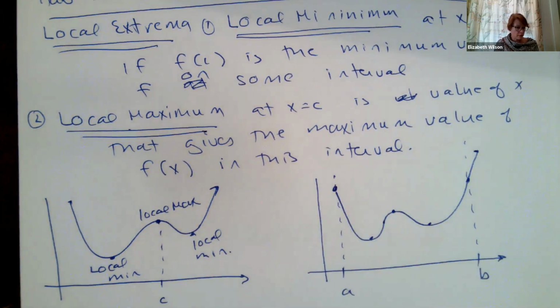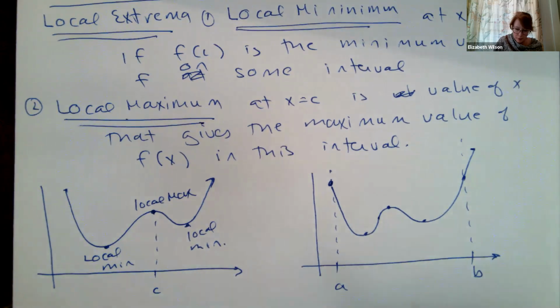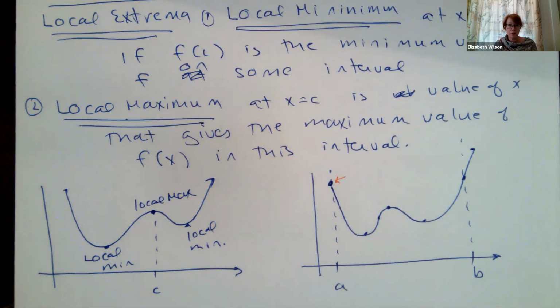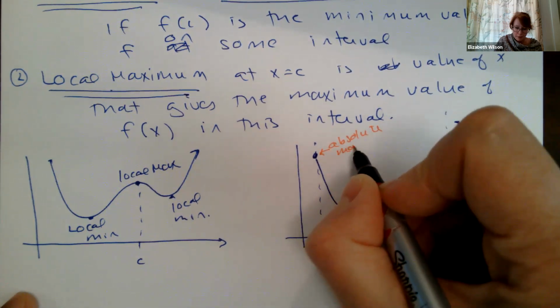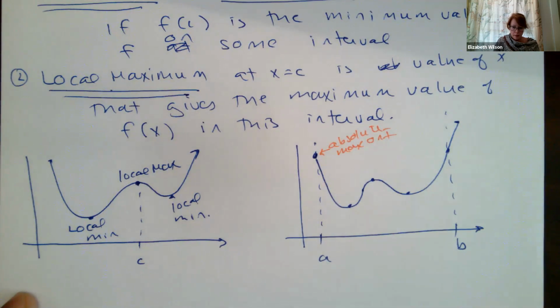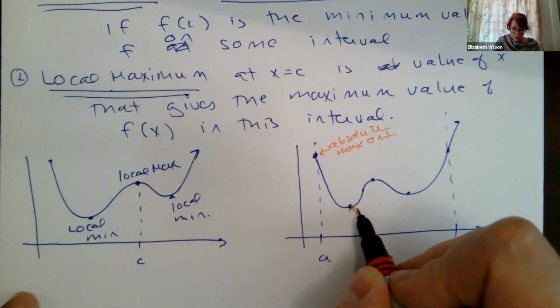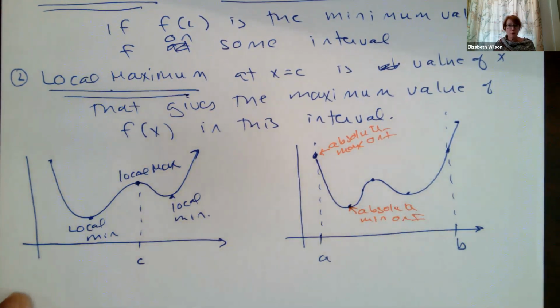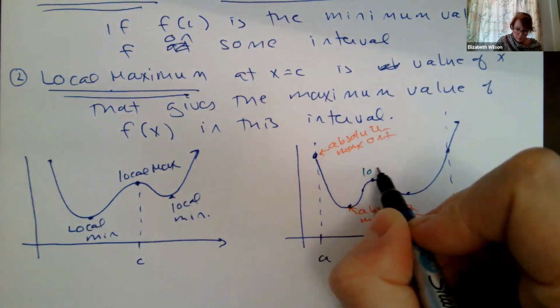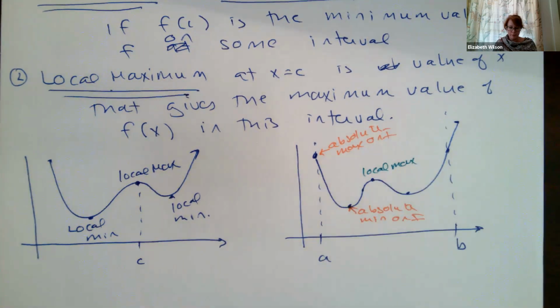Okay, so now what happens is this, right? Along this interval, my interval is a closed interval. This is the highest value of my function along this closed interval. So this becomes the absolute max on our interval, okay? This value here becomes our absolute minimum on our interval, right? It's the lowest value along this interval here, okay? This is our local max value, okay? So we're going to talk about how we check these values, our endpoints and our critical points,